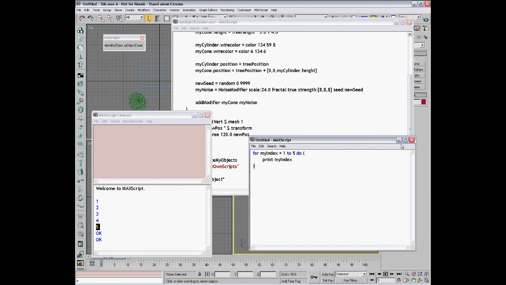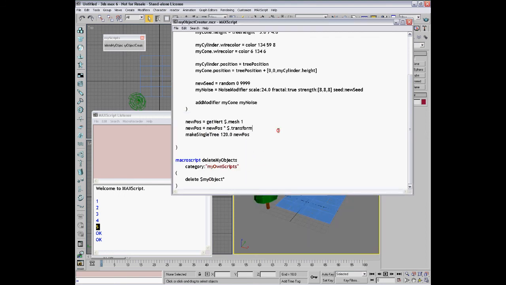Alright, so I'll just close this, and now that we know the basics of how the for cycle works, let's try to implement it in our script. So we know that this plane object we have has 25 vertices, so we need a for cycle, right? Let's call the index with the really clever name index. So our variable is going to be called index, then it should go from 1 to 25, because we have 25 vertices in the plane, do, and this is